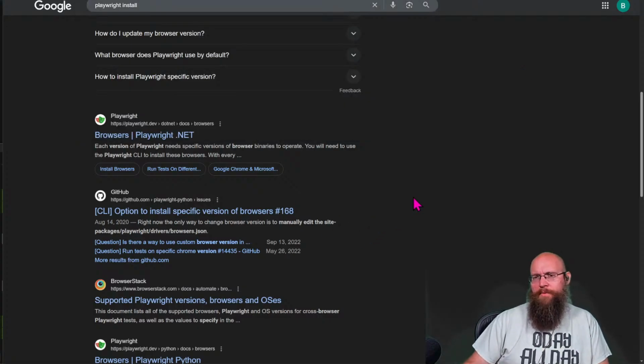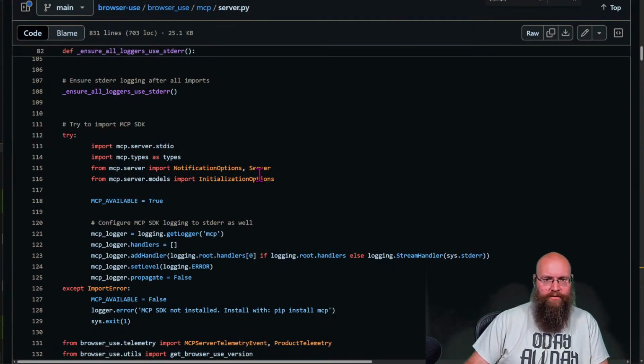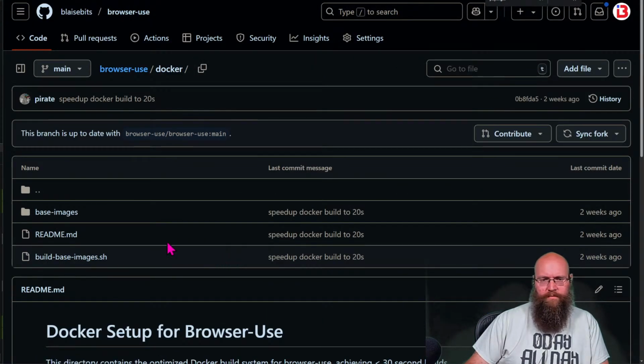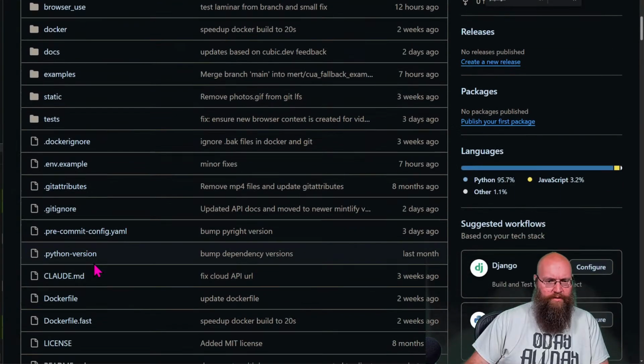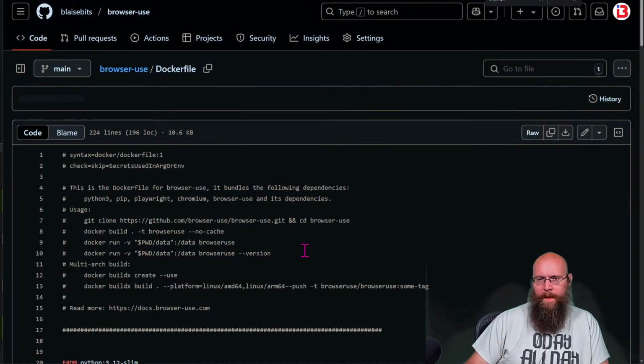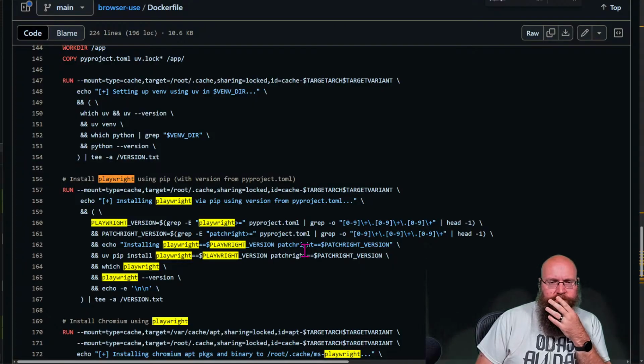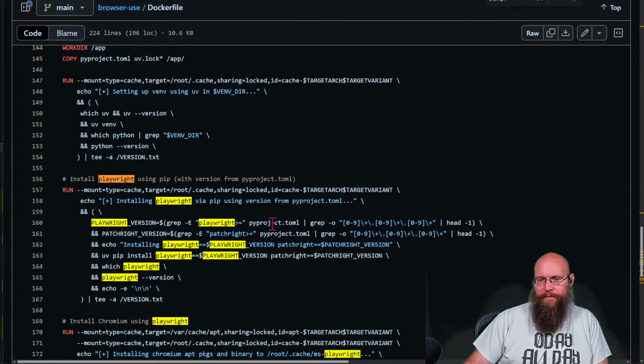Actually, hold on. I remember seeing something in the Dockerfile here. That's something. Where is it? Dockerfile. So here we are. We're installing Playwright from pip. And it's parsing out the pyproject.toml.